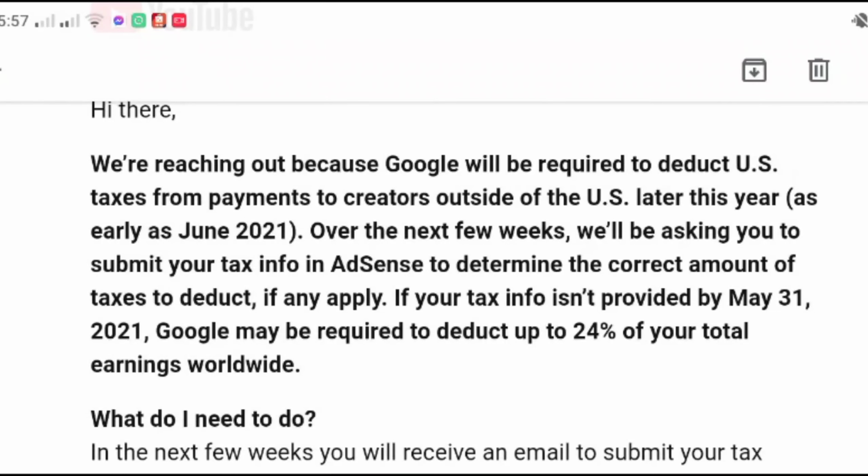If your tax info isn't provided by May 31, 2021, Google may be required to deduct up to 24% of your total earnings worldwide. So, ibig sabihin po, dapat magbigay ka na po ng tax info mo.